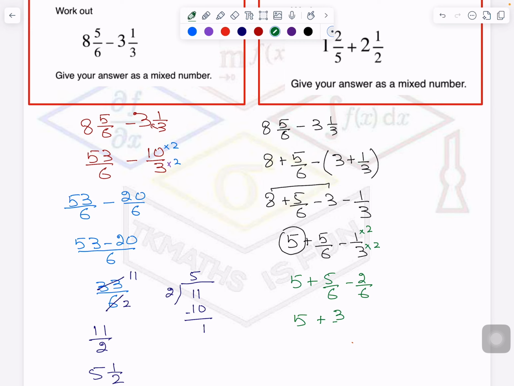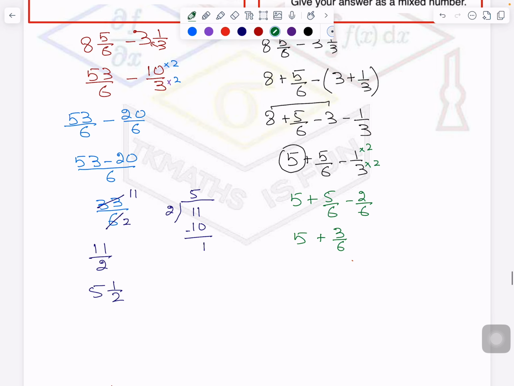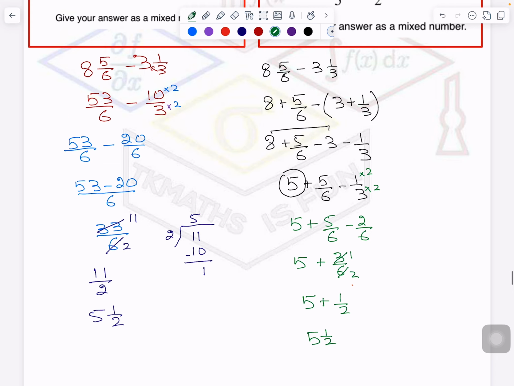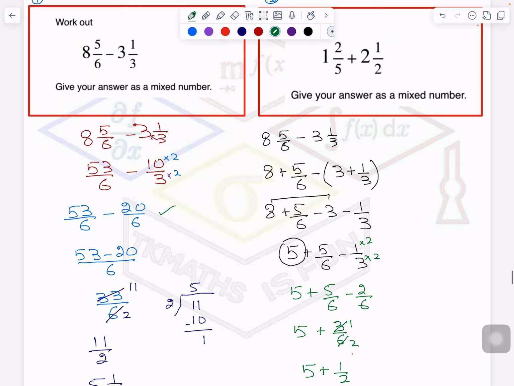So it is 3 upon 6. Right? 5 minus 2 is 3. 3 1s are 3. 3 2s are 6. I got 5 plus 1 over 2, which means 5 whole 1 over 2. The only advantage in this type of solution is that one does not go into big numbers where mistakes happen, whereas in the other case you need to have strong multiplication in terms of big numbers as well. That's all. So now the second question I'm solving here.